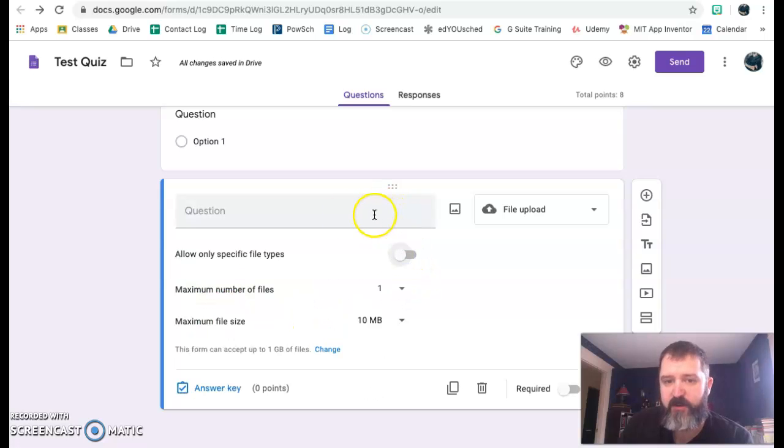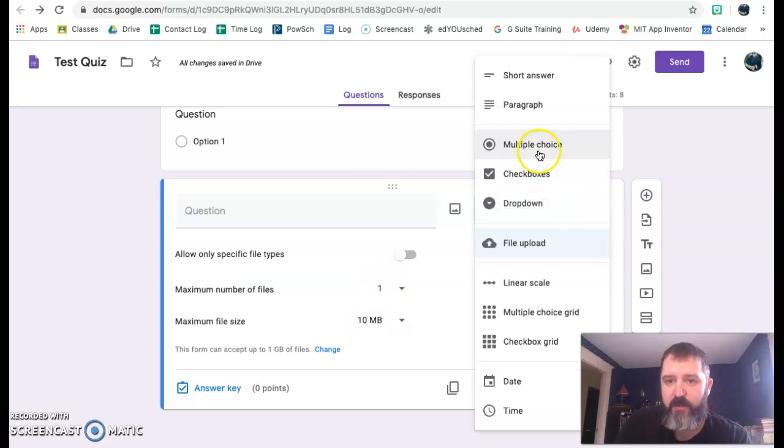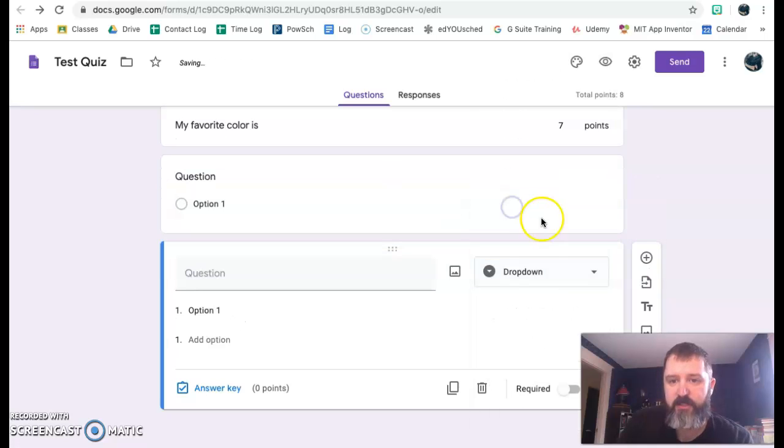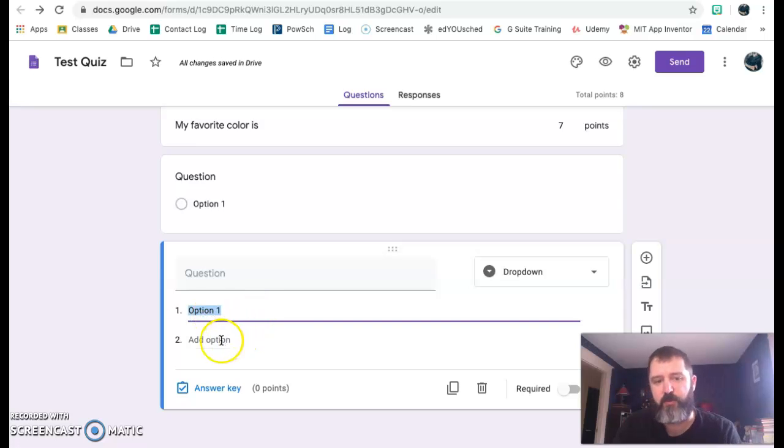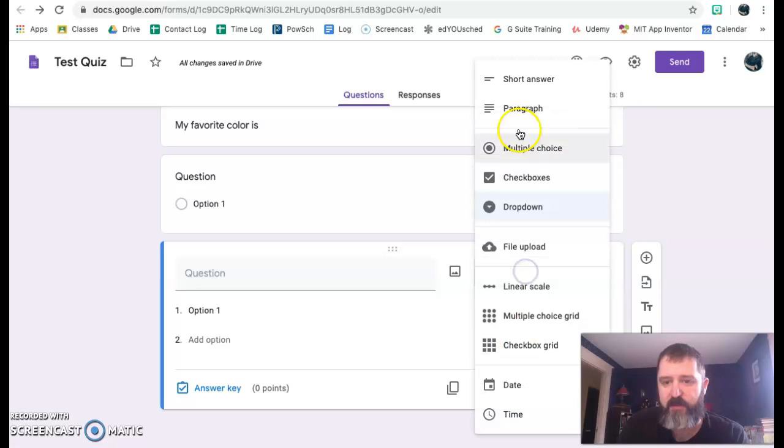Or you can leave it wide open for them to upload any evidence that they would like for that question. But you can restrict the number of files and the maximum file size as well. You can do drop-down menus, which is just like the one I'm using right now. You'd write a statement that's missing a term or a concept, and then in the options you would write in potential words that would fill that blank, and they would have to use a drop-down menu to select the right